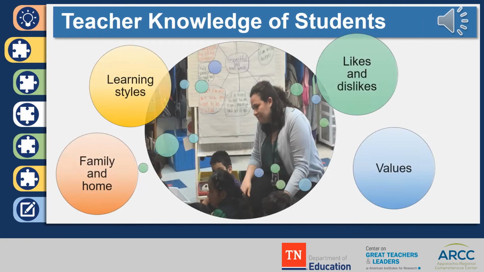The more you know about your students, the easier your job will become. This includes learning more about their learning styles, likes, dislikes, values, family, home environment, and cultural background. This knowledge will not only help you to better support your students in the classroom and build better relationships, but also has the potential to increase multiple social and personal competencies. For example,